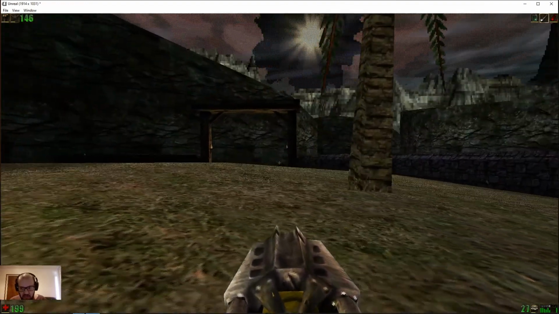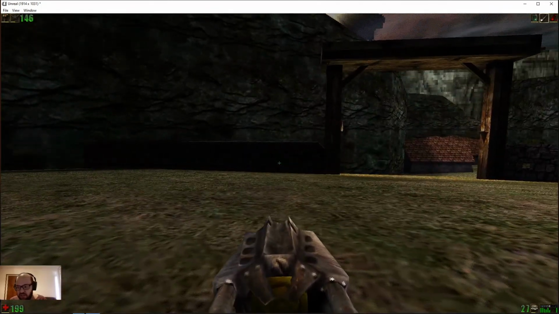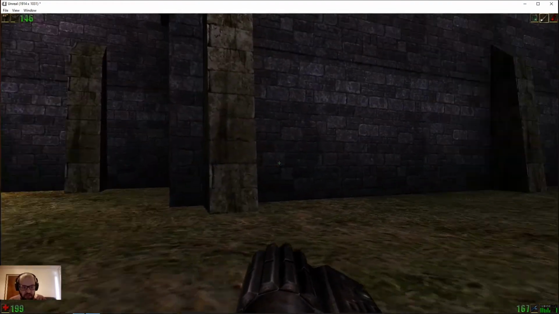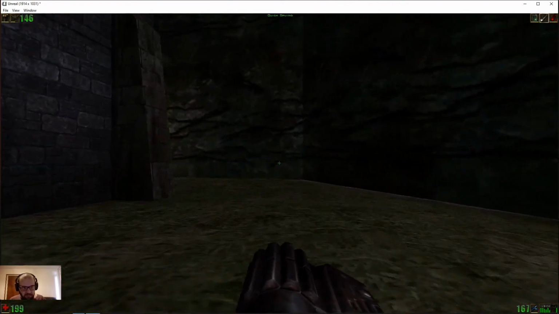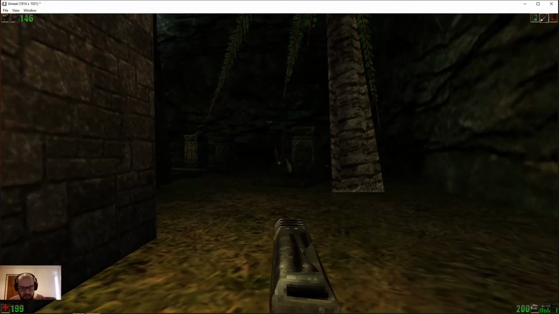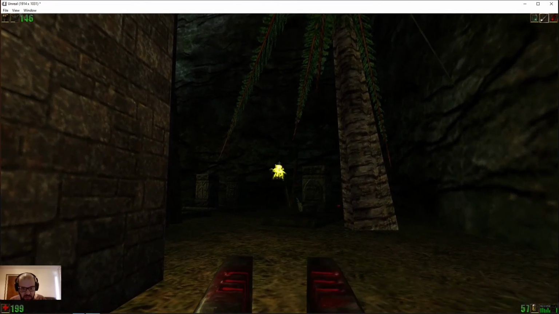See? So those are the two firing modes of the Flak Cannon, but I'm not going to show off any more because it's a valuable weapon. It's my favorite weapon, and its ammo is valuable, so I'm gonna preserve it. So now we can go round here. I'll pick up the assault vest later. First I just want to go around here to the cemetery, to the